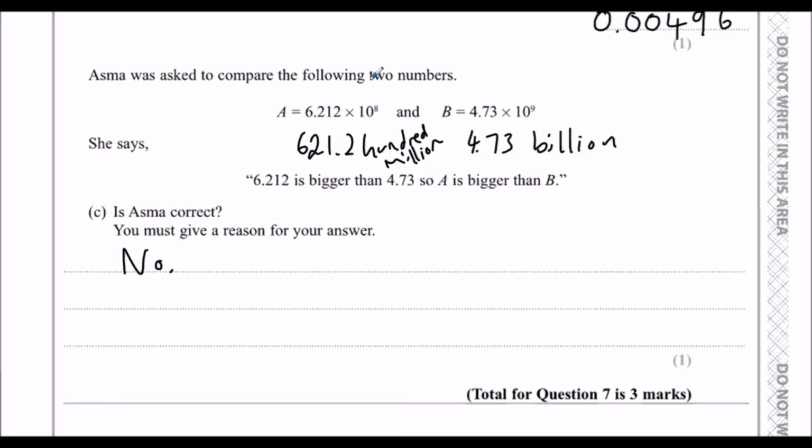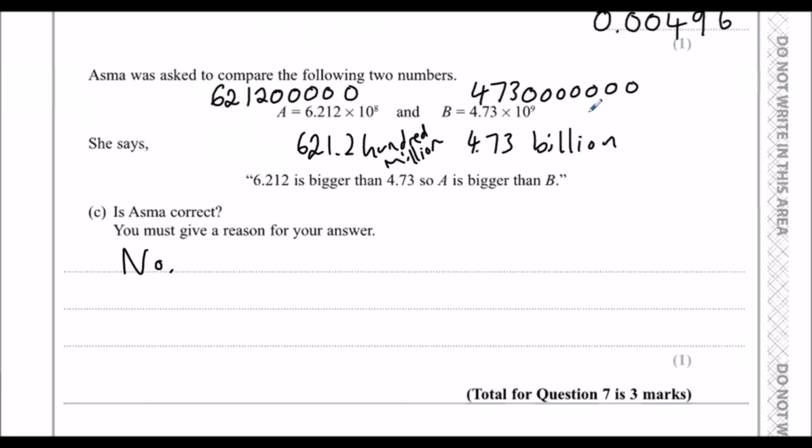Or we could just write them out as ordinary numbers and have 6212 and then 5 zeros and 473 and then 7 zeros, and we can see that